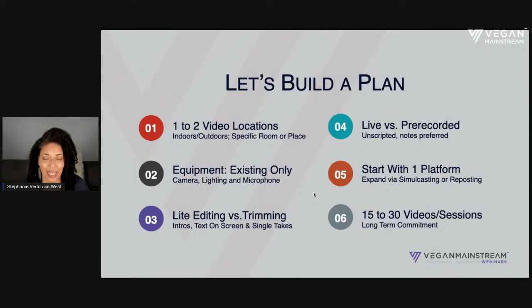Eventually you will expand. Eventually, we'll be able to edit videos down or take snippets of your YouTube videos and use them in social media. But I need you to get started. If you're struggling to get started and be consistent with your videos, start with one platform, post there, and commit to 15 sessions or 30 sessions so you can find your flow and rhythm. Then, as you find your flow and rhythm, you can convert that to doing other platforms.